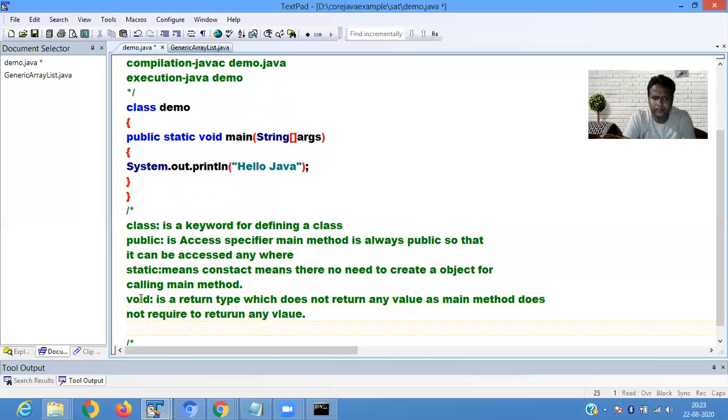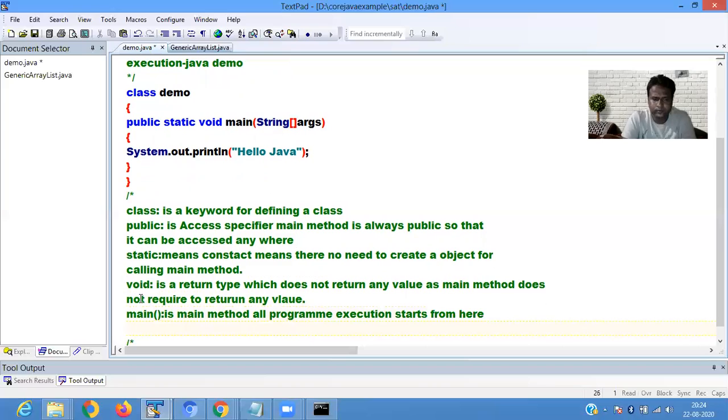Then main is the main method. All program execution starts from here.